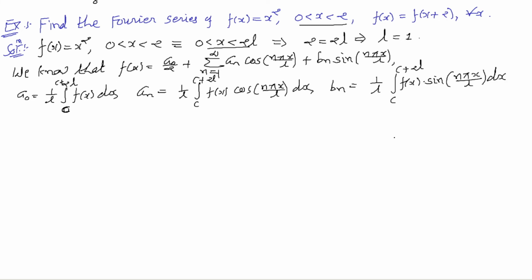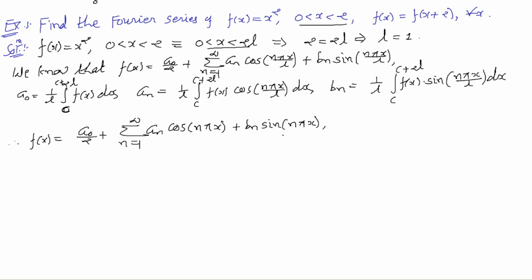Right. We know that L equal to 1. So what is f of x? A0 by 2 plus summation n equal to 1 to infinity an cos n pi x plus bn sin n pi x. Right. This is equation 1,